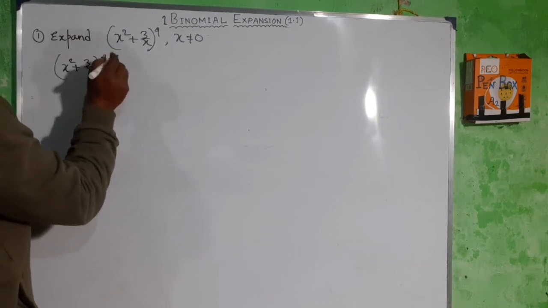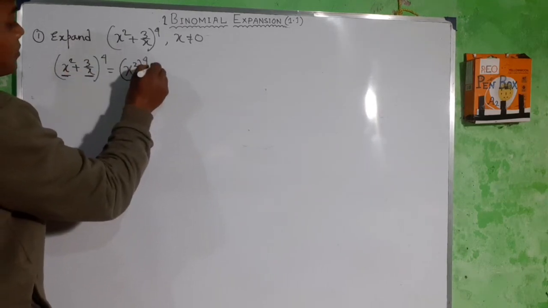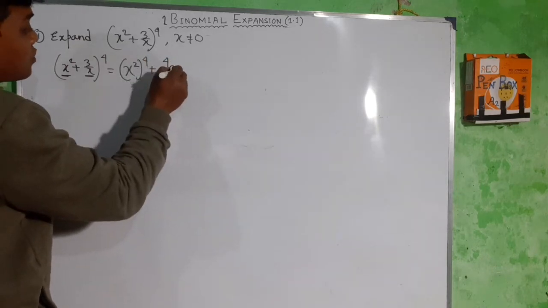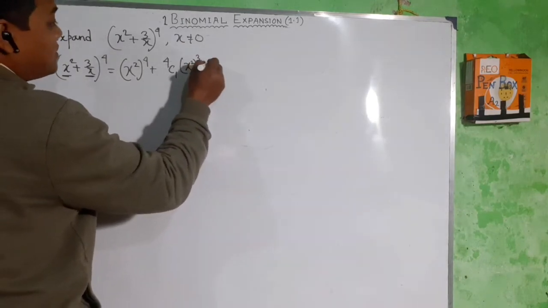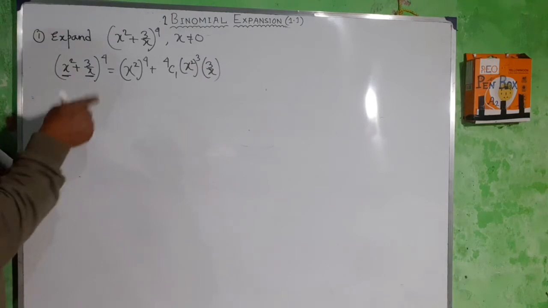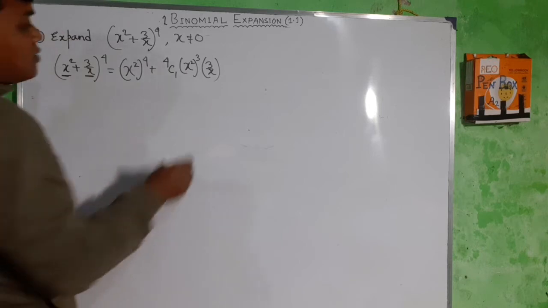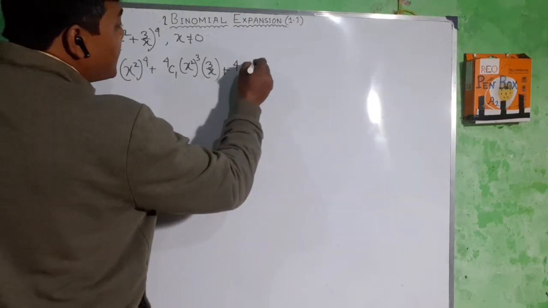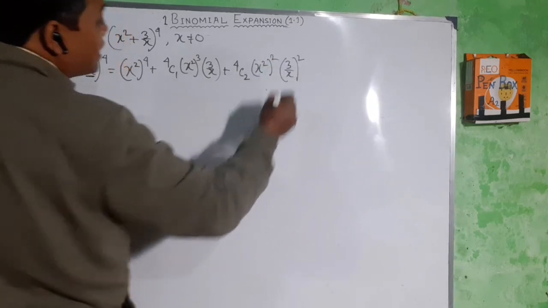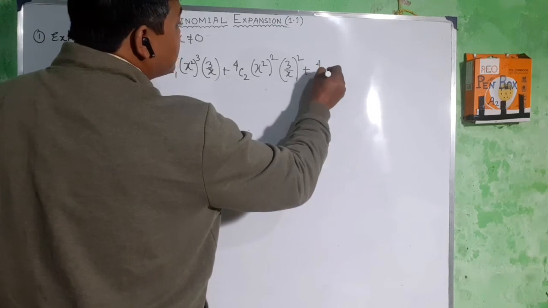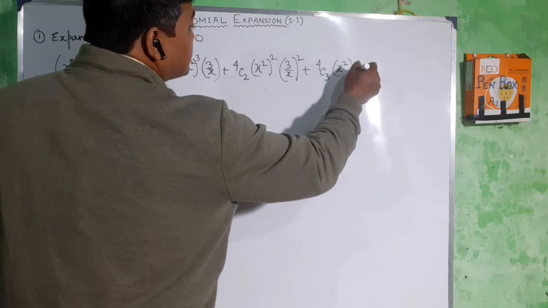By using the formula, this is your a, this is your b. So (x²)⁴ plus 4C1 (x²)³ into 3/x. In the b term, the index of b increases and the index of a decreases by unity. Then 4C2 (x²)² (3/x)², and 4C3 x² into (3/x)³,